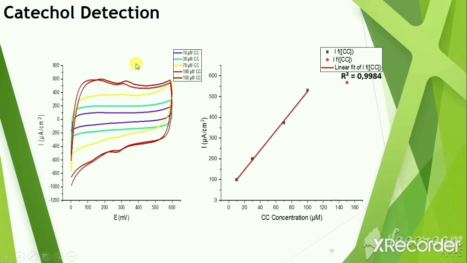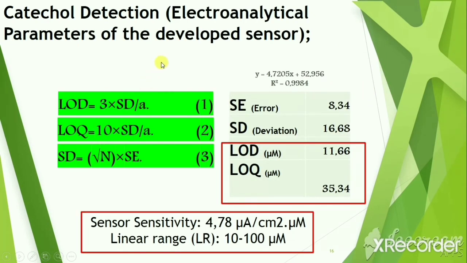To obtain the analytical parameters of the sensor, we have done a detection experiment using different concentrations of catechol. As you can see, each time we increase the catechol concentration in the solution, we had an increase in the oxidation peak. So the sensor showed a wide linear range from 10 to 100 micromolar. After 100 micromolar of catechol, the sensor lost its linearity. So we can say that the fabricated sensor here has a wide linear range from 10 to